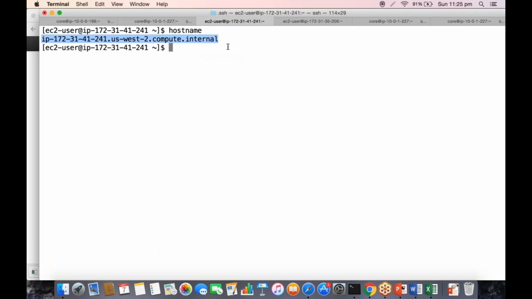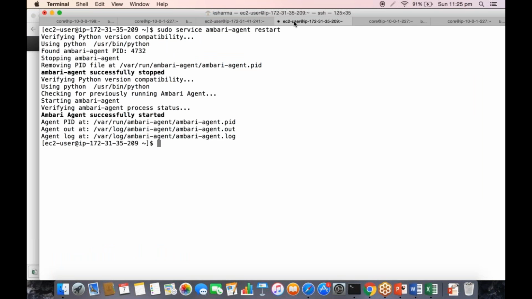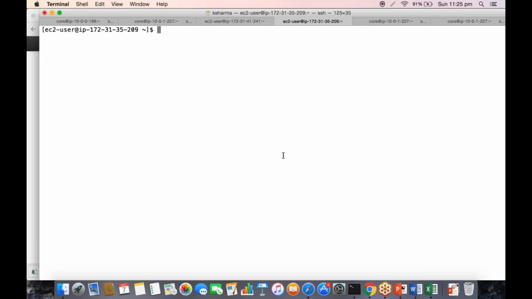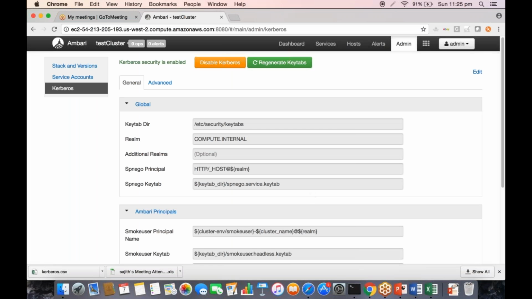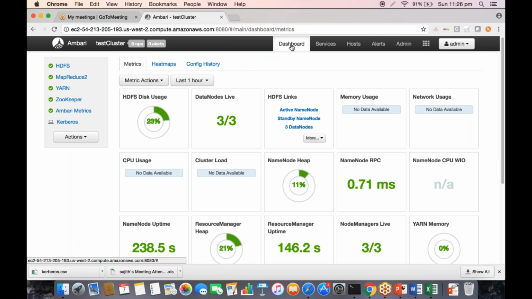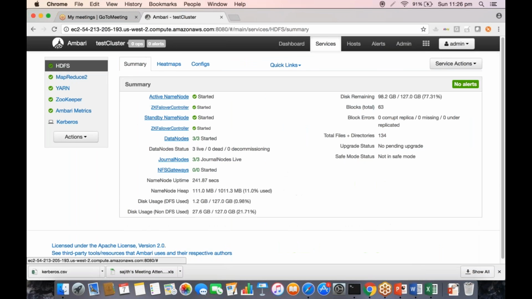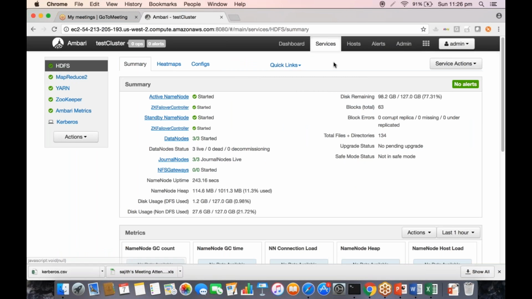Now, for the exercise purpose, to check whether it is really working or not, I have gone into one of the data nodes and I do a klist. If you see klist, there are no tokens, no credentials or cache found. Before that, let me check with HDFS dfs ls whether I have the home directory for this EC2 user or not. Excuse me. HDFS, quick links, NameNode UI.